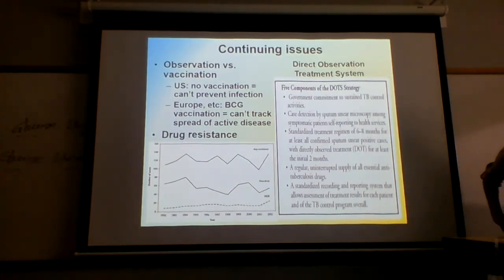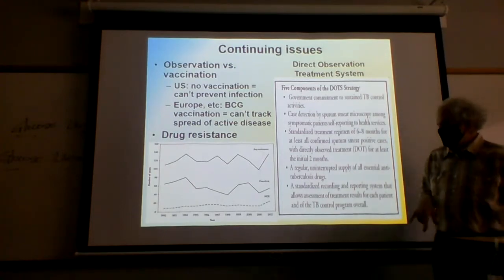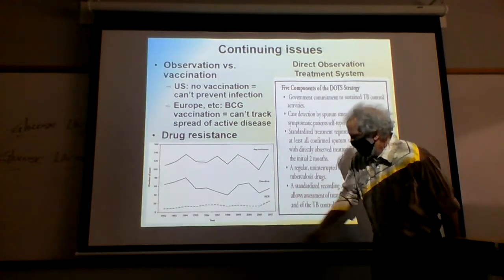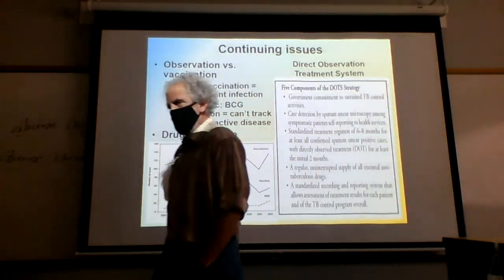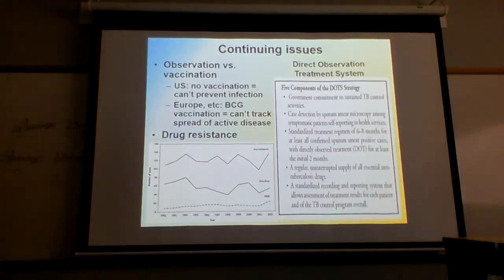Vaccinations versus no vaccinations. Drug resistance is actually a serious problem in that we've got these terms, MDR, which stands for multi-drug resistant. Multi-drug resistant bacteria are the real enemy of epidemiologists or doctors in general, because multi-drug resistant bacteria are resistant, as the name implies, to a whole range of different kinds of antibiotics. And sometimes this will result in a bacterium that cannot be killed with an antibiotic.